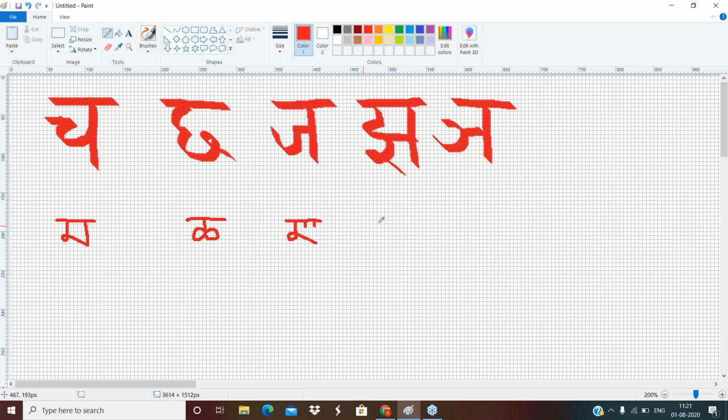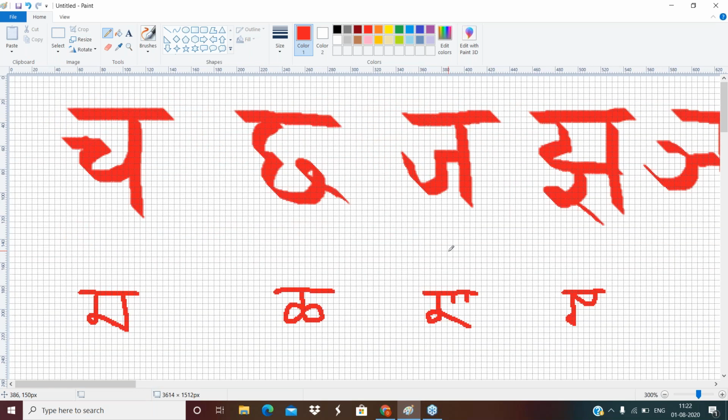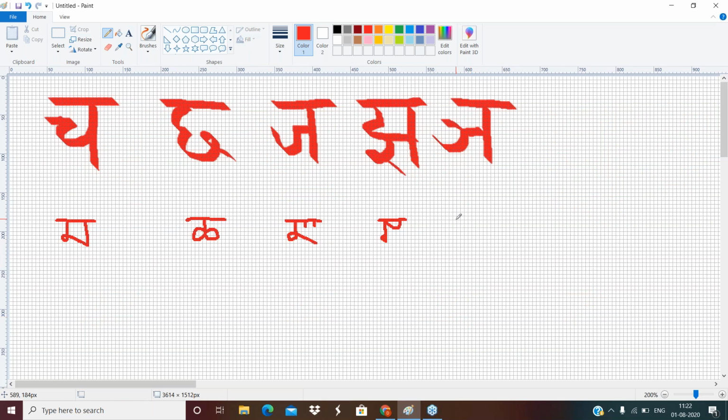On the j, I put a Shirolekha first, then I bring this and make it like this, and here I take this and bring it here. This is j. And in the nya, I keep this here, I put a round, bring it here. This is nya. I will draw once again.